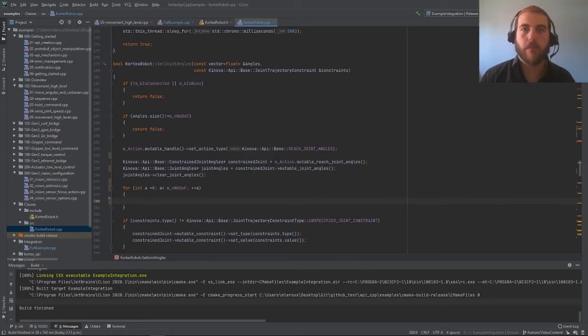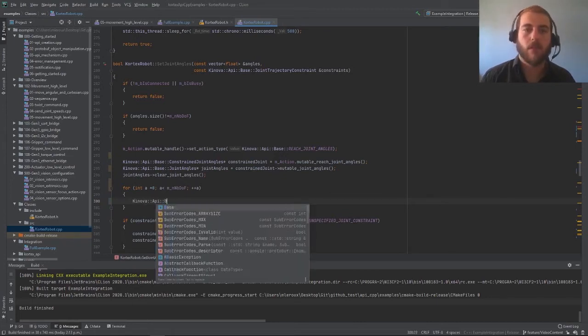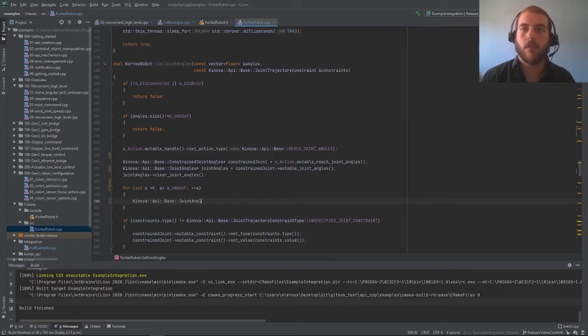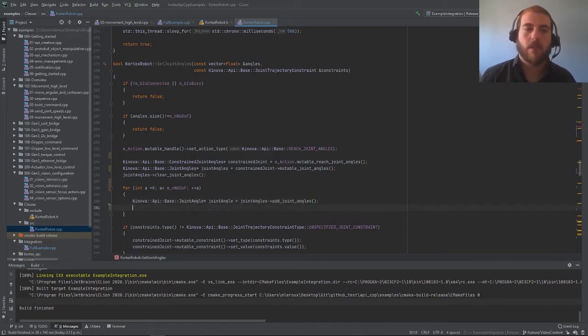So let's get a pointer to a joint angle. This is a pointer to a single joint angle and not a list. To do this, we take our now empty list, joint angles, and we add joint angles. This new angle,